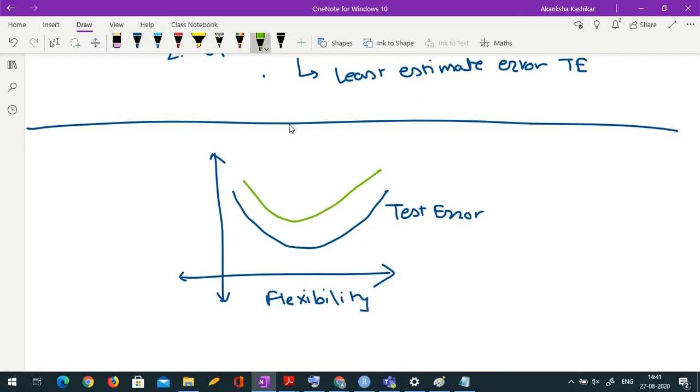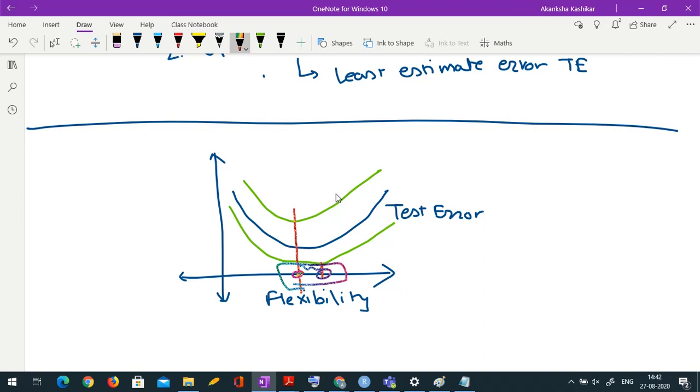I may get something like this, or I may get an overestimate, or sometimes I may also get an underestimate. But what I am saying is, in most of the cases, the point of minimum is more or less correctly estimated. So it is here, it is here. So it is not that far. Okay, so in most of the cases, the flexibility level or the point of minimum error is correctly estimated by k-fold cross validation, as well as by LOOCV, that is leave one out cross validation.